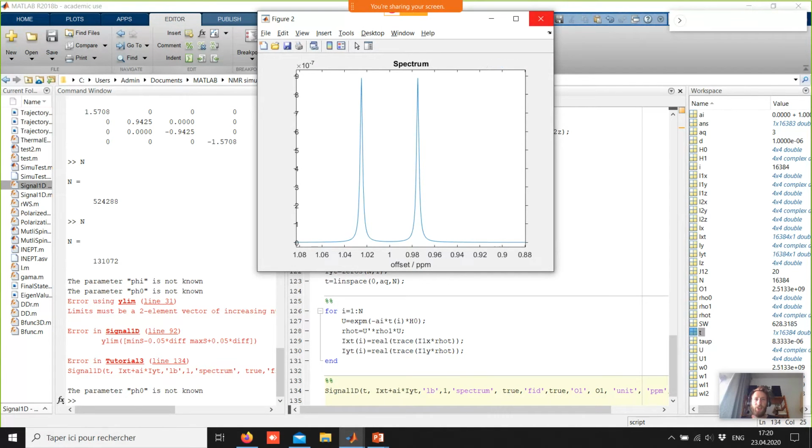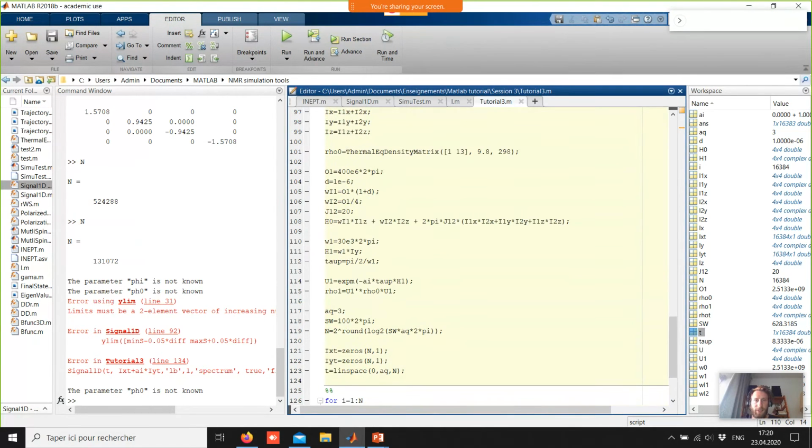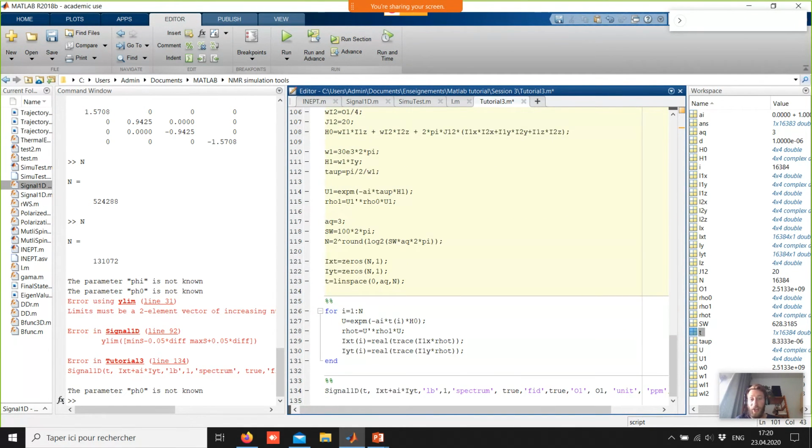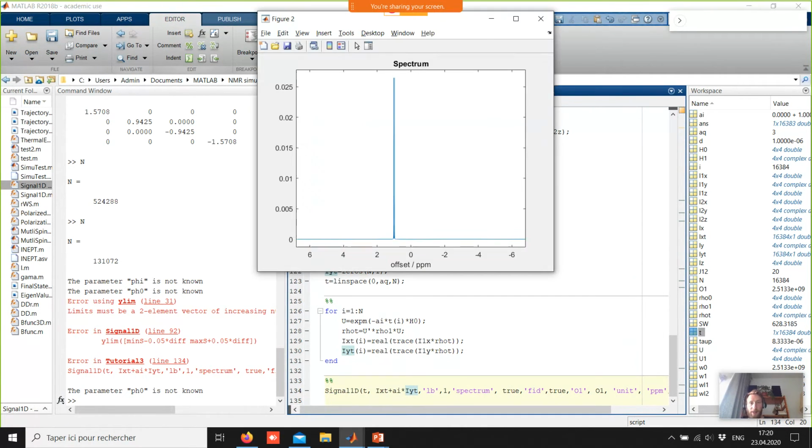So we have the same result. In fact, this was more interesting if we have zero polarization. So now we have again the carbon that is fully polarized, but we see that when we pulse on the carbon,